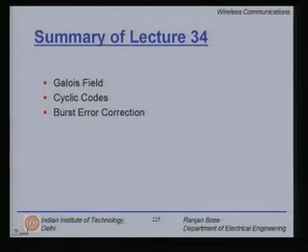We then moved over to the domain of burst error correction. We realized that in mobile environments where we encounter deep fades, we tend to lose not just random bits, but also bits which are in bursts. So we lose a sequence of bits. Our regular error control techniques are incapable of overcoming burst errors. We have to have a special kind of codes for that. We looked at certain cyclic codes which are known to be good burst error correcting codes. One of the most important ones is the Fire codes.